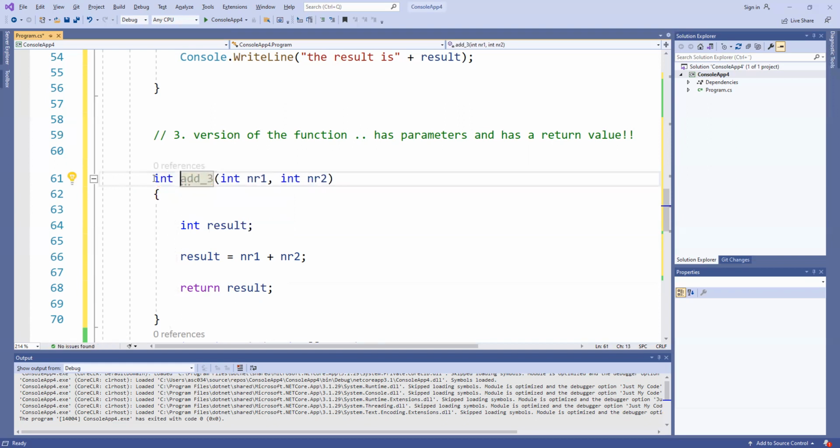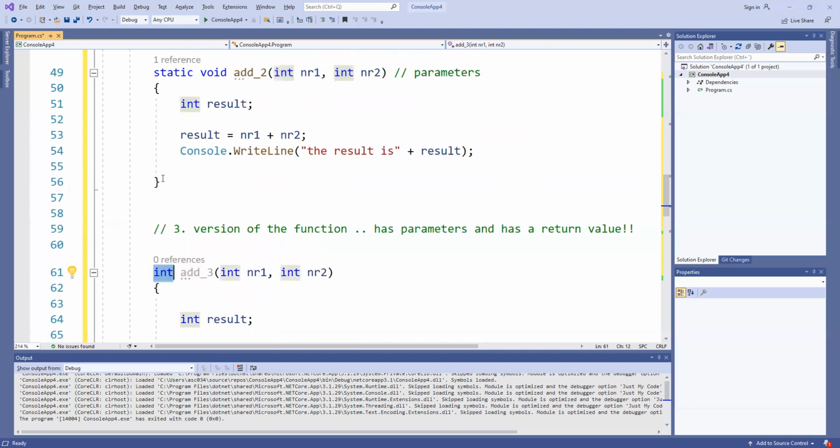That's the only thing I have to do: check which data type I'm returning, and I'm returning an integer, so I have to type in int. As you can see, the difference, and now we write it in C# again, which is just C# stuff, to type in static. But the difference now is we have the same amount of parameters,